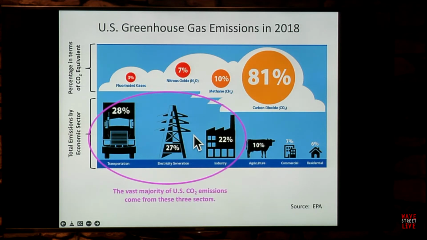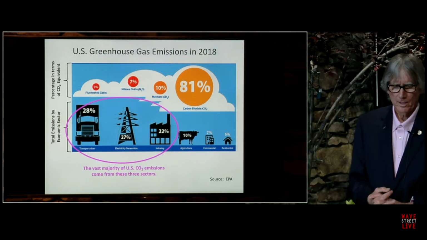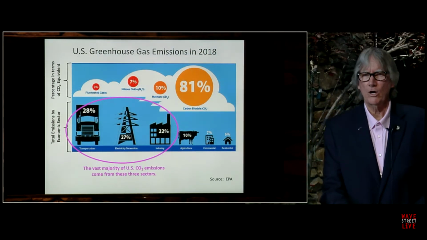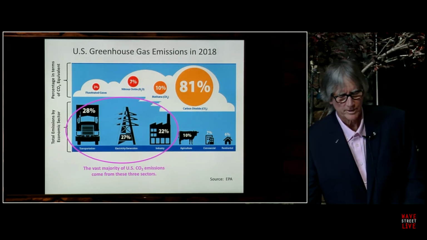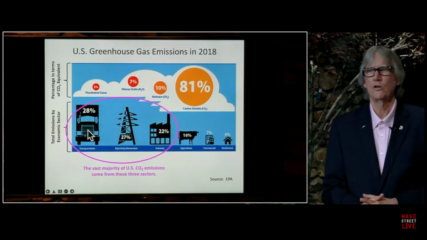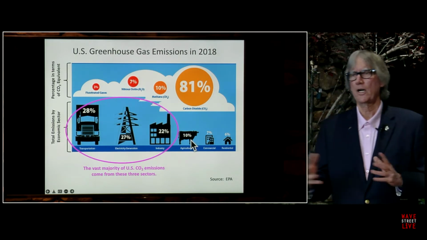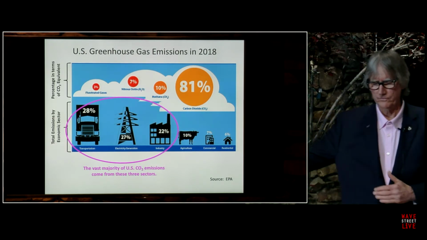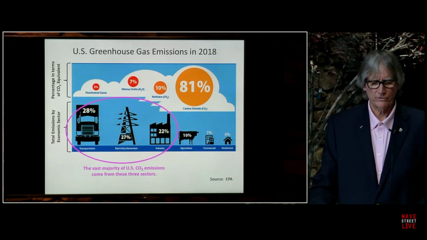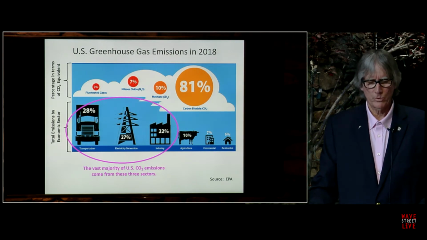Well, the vast majority of CO2 emissions in the US are coming from these 3 sectors. That's transportation, electricity generation, electrification of the power grid essentially, and industry, primarily cement and steel production, which produce a lot of CO2. This picture is not all that representative of the rest of the world. The rest of the world, transportation is down pretty low, down around about 12%. The rest of the world, agriculture is higher. But we have a lot of cars, we drive a lot, and we have wide open spaces, a lot of transportation occurring over long distances. So transportation is in fact our number one